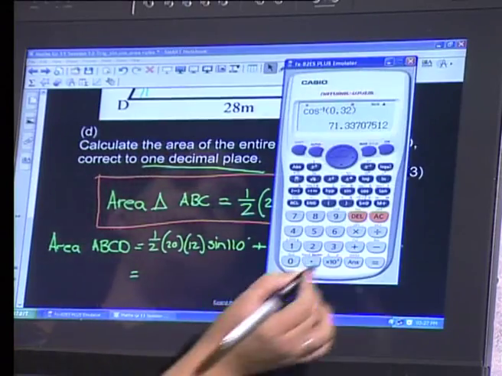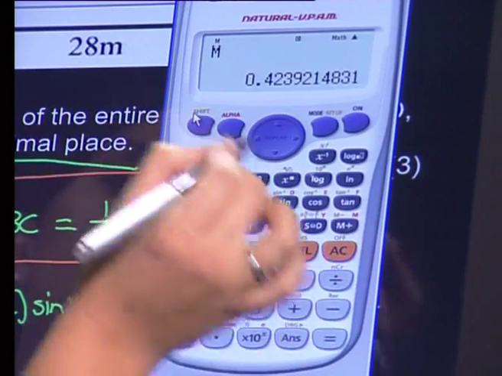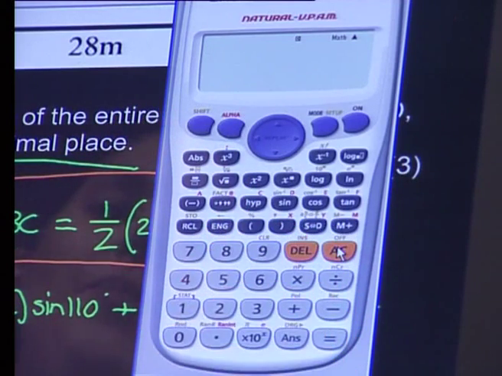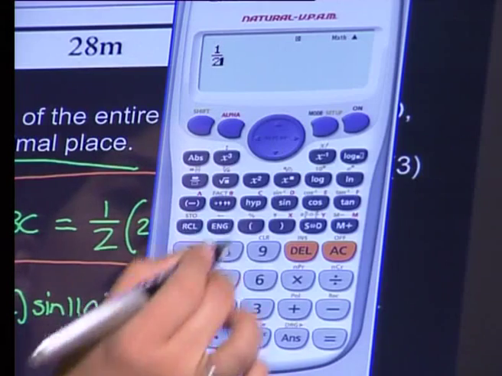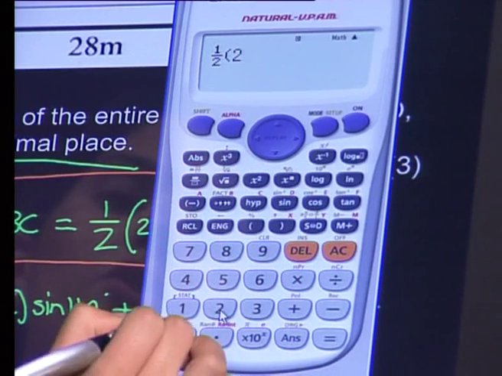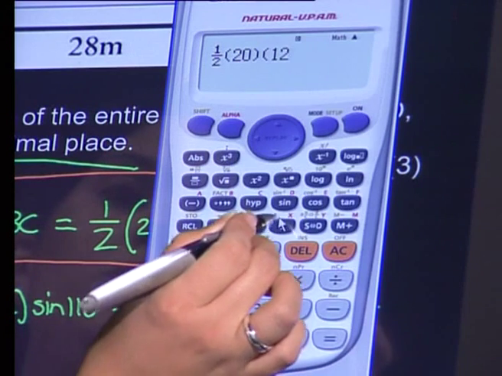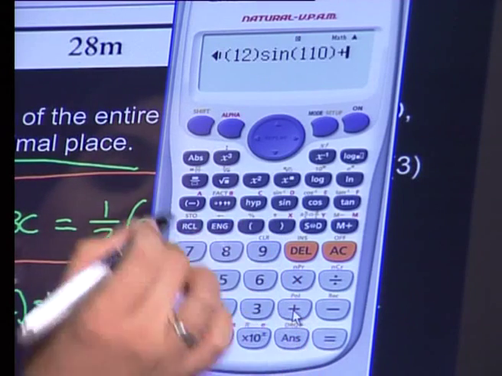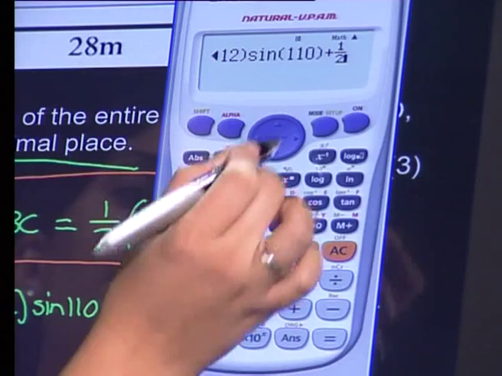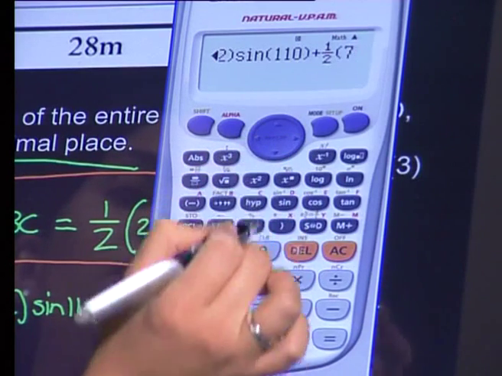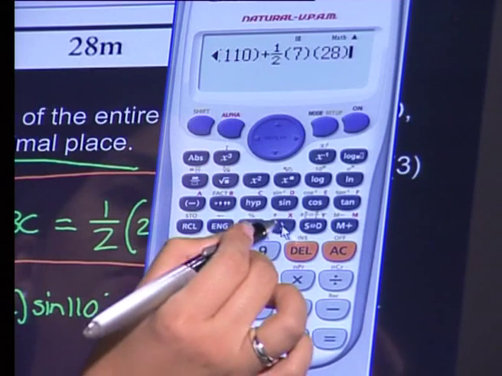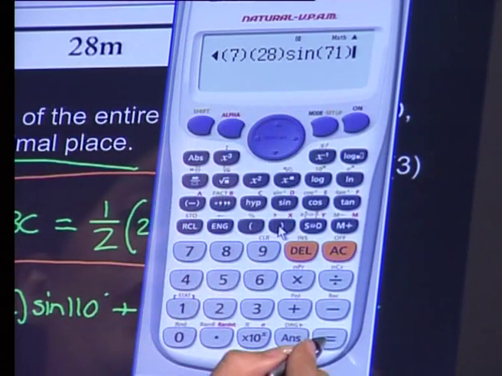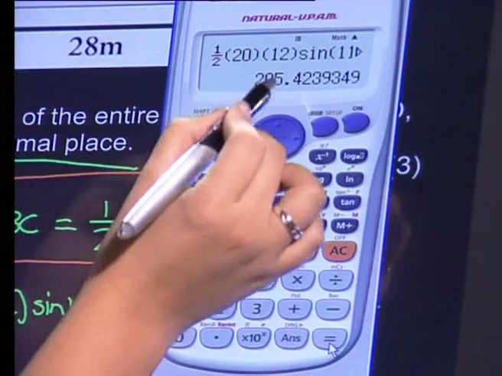So let's do this together now. Again, just clear the memory. There we go. So we have half of 20 multiplied by 12, and that was sine 110 degrees, plus our second one, which was 7 and 28 meters, and sine of 71 degrees, which was the angle we found, and then we just press equals and we get an area of